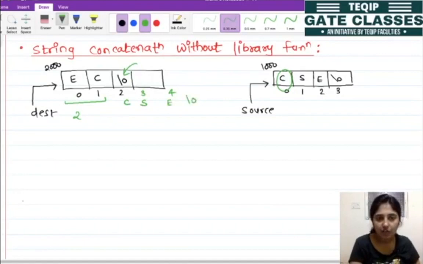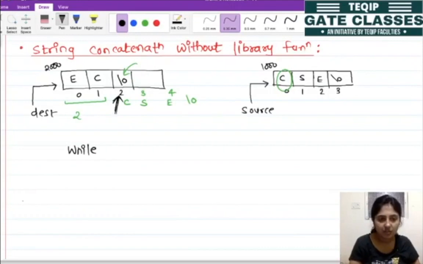So how can we do that? The append operation starts when the destination has already reached its end point, at its null character. So let me write something like this.